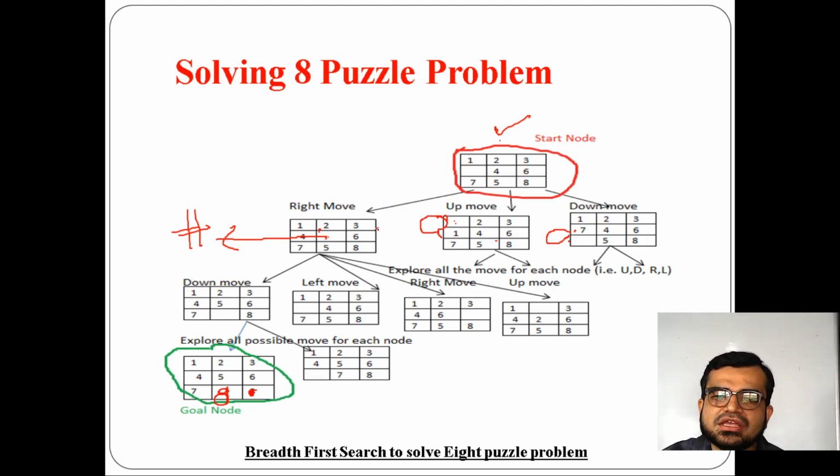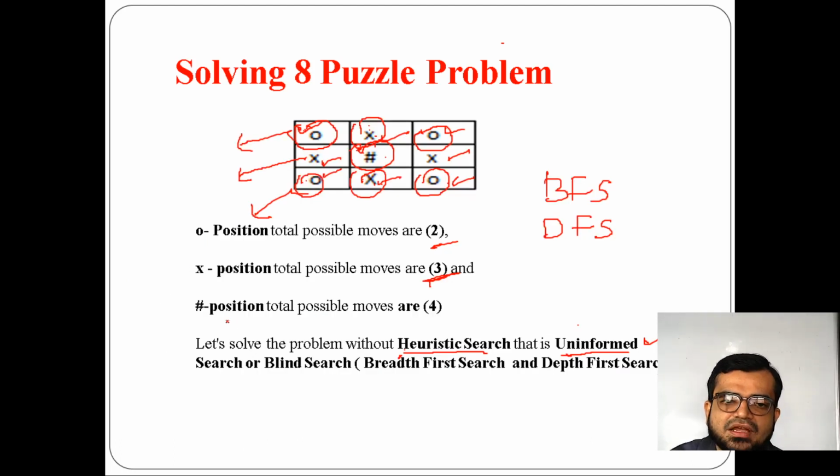Now I am using one of the children and I am visiting all of the children of the right move, that is this one. So there are 4 children of the given node. That's why you can see down, left, right and up. Again, if I consider this down move, now I am visiting how many children are there for this location. This is what your x. So here x means how much will it be? Again I said that it is 3.